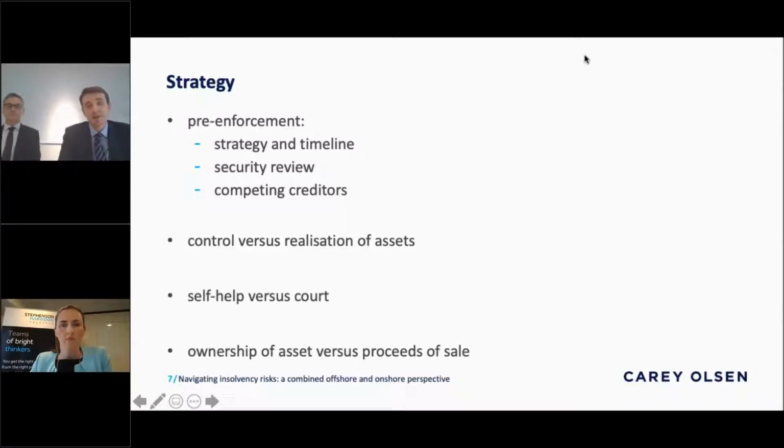And when you fix that strategy, the question of self-help or court usually simply falls to be determined by what's needed to achieve this strategy. Is it mandatory to go to court? Well, then you need to go to court. And so it's not so much a separate decision as simply one part of your overall strategy to use the assets. So as you've seen, and you probably already knew, share charges can be very powerful. They do give you a swift and effective remedy, but it is a complex process. And the one takeaway we'd say on this particular topic is, if you have any opportunity to do a pre-default review, please do, and it will save you a lot of time and angst in the future.